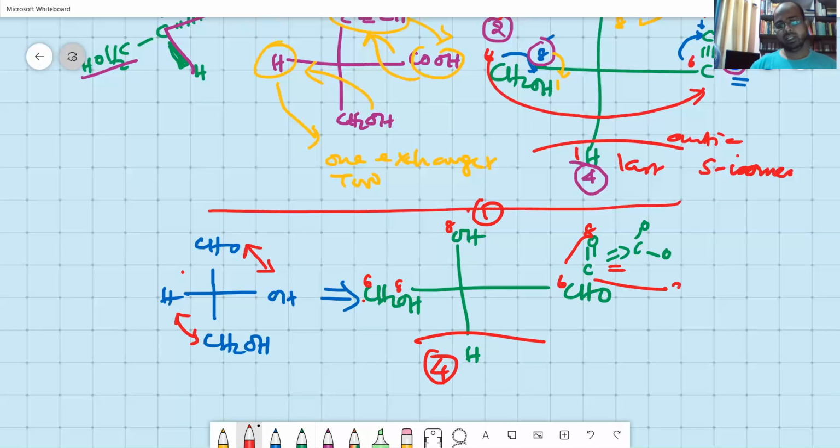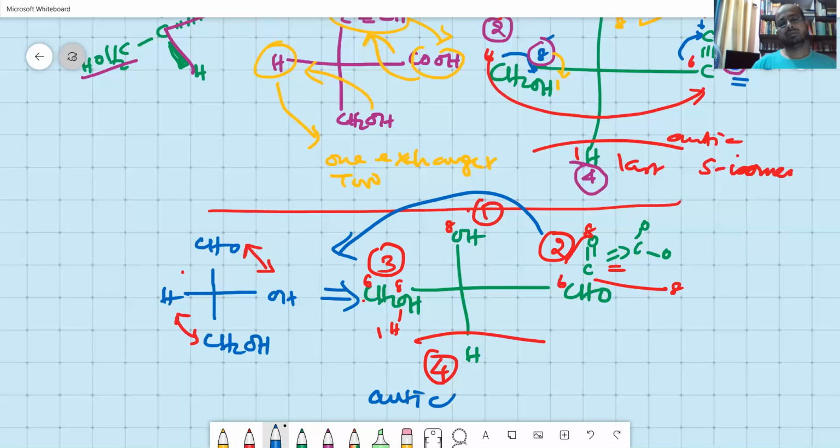You have got one more 8 here. You have got hydrogen here. The next atom is hydrogen here, which is 1. Therefore, this is the next priority by atomic weight, and this is the third priority. Again, if you look at this, you go this way anti-clockwise. Anti-clockwise, this is S configuration.